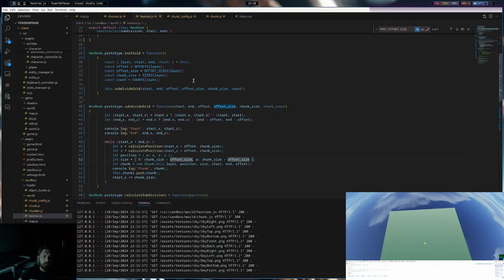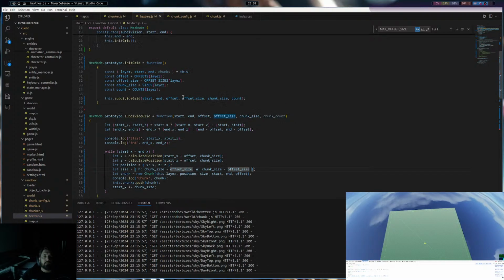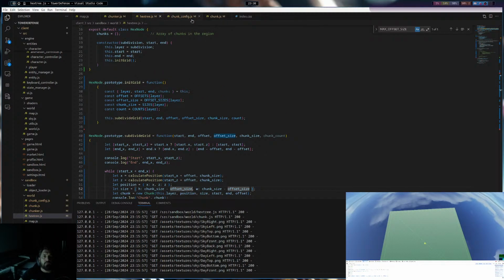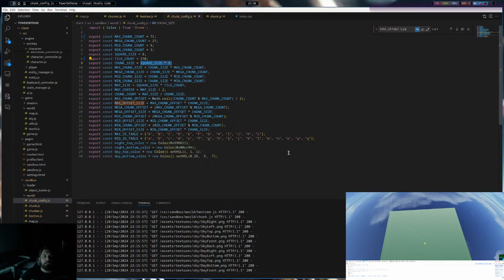So our offset size might be wrong in the config. This logic doesn't look right.